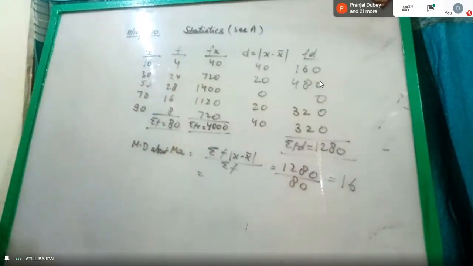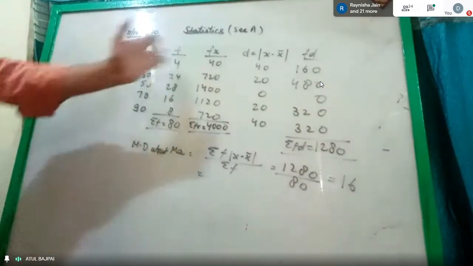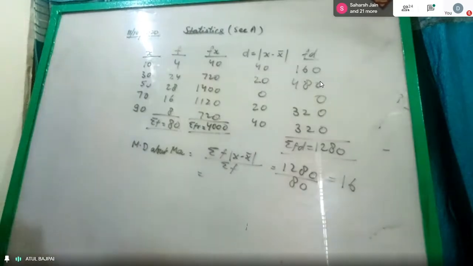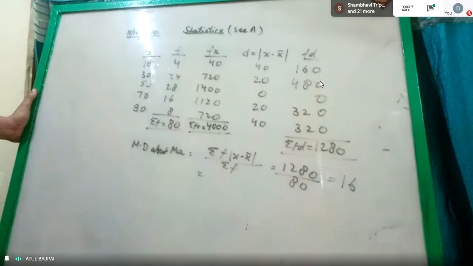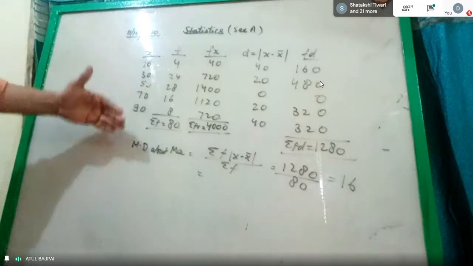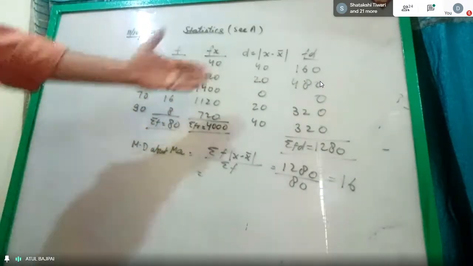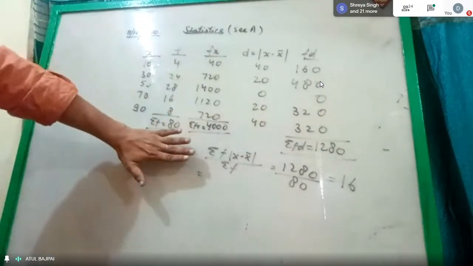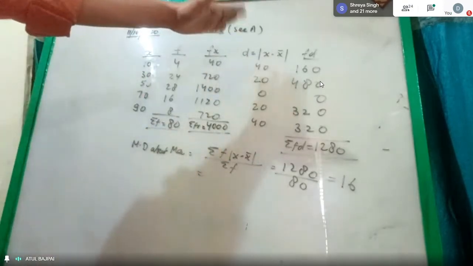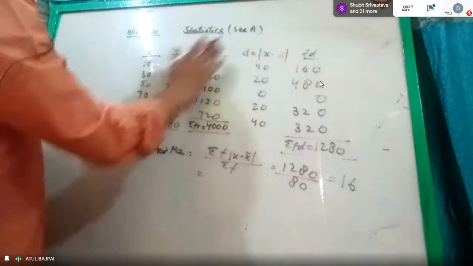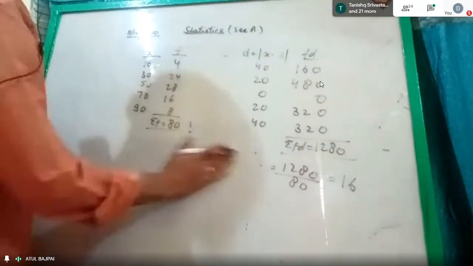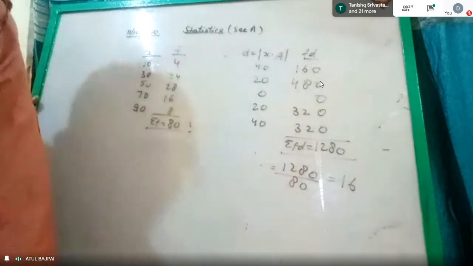Now in this question, if you want to do it by the assumed mean method, you can go by the assumed mean method also. But that time x bar will be your assumed mean. Sometimes you can solve like this. Assume the mean is 50. Instead of finding the mean separately, you take x bar as 50, the assumed mean, and you don't find the fx point.